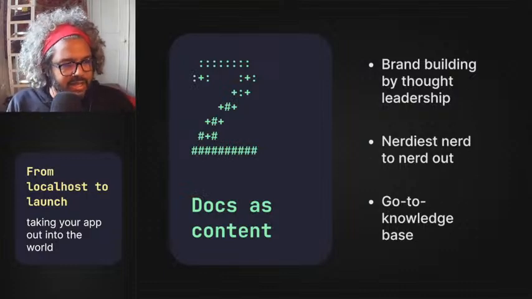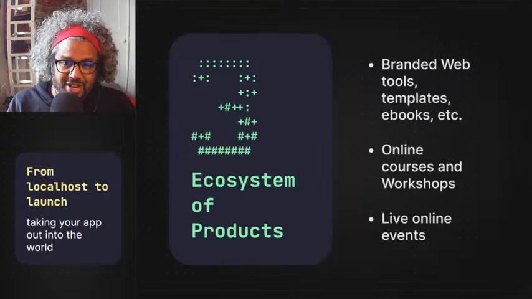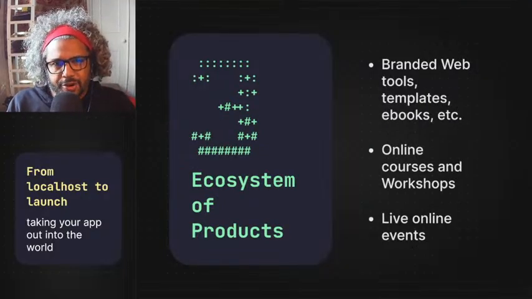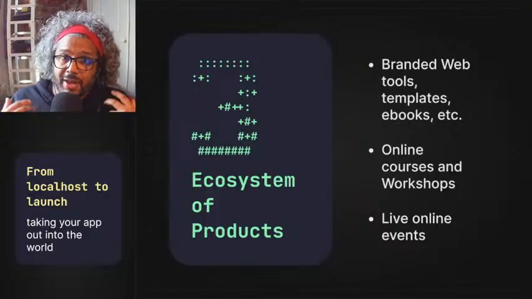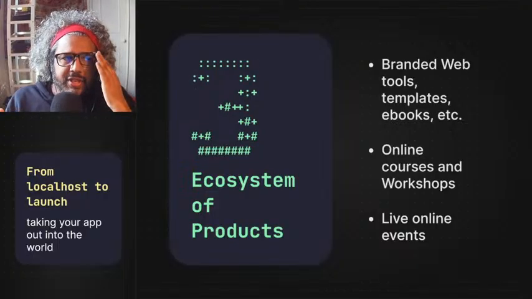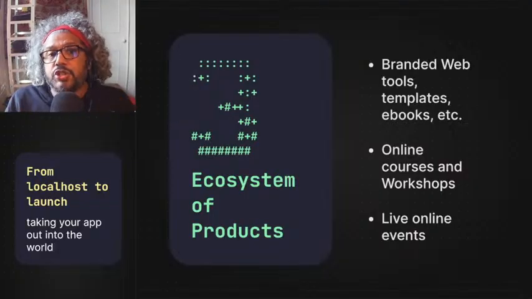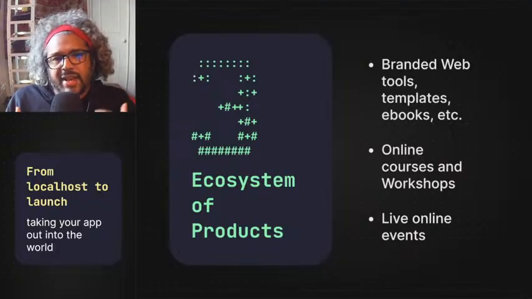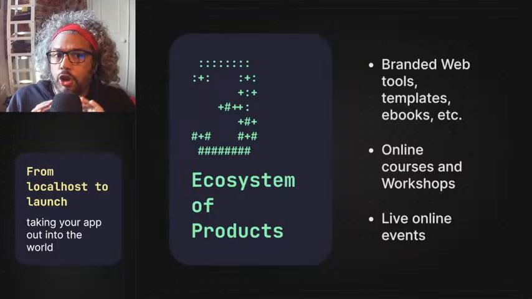Go-to-market campaign tip number 3: ecosystem of products. Now, there is a concept I need to get through first of all. All products solve a problem. When we talk about digital products, though, this is a case of you solve that problem over the internet and it's consumed on a device. Now, when we use that definition, that can count for a lot of things.